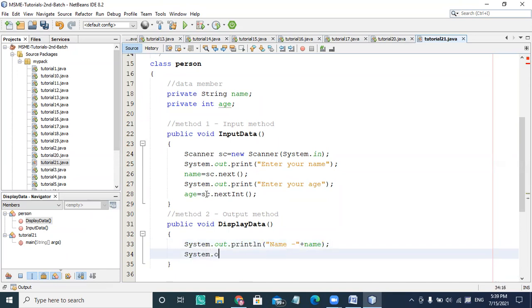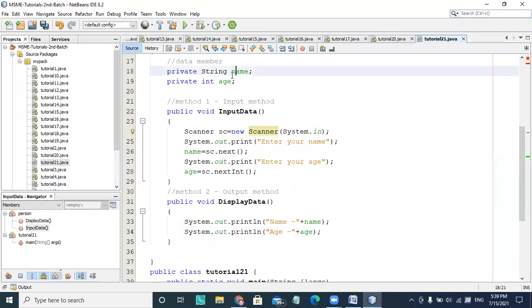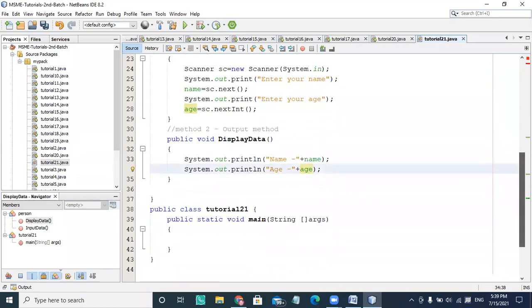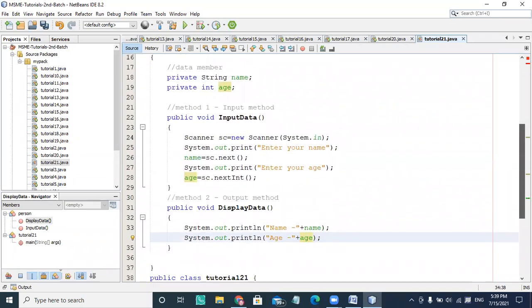Then System.out.println, and age equal to, then plus age. Whatever value is assigned by inputData, that variable initialization takes place and the value is available here. These are the two methods.